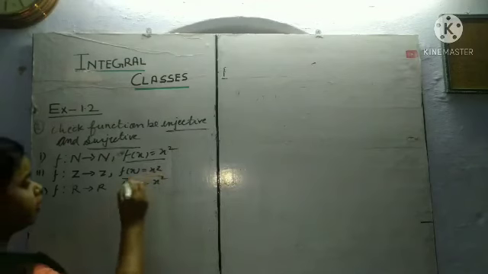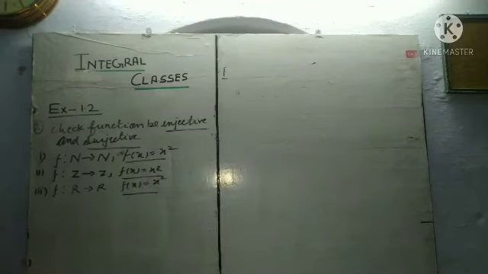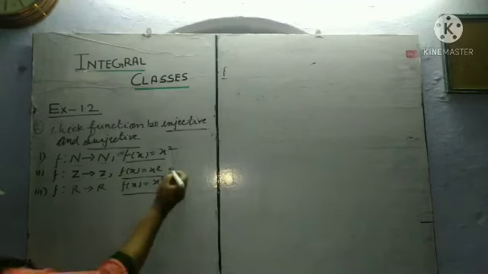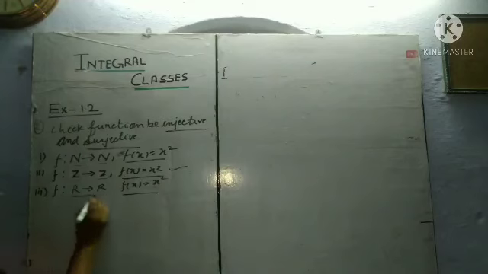The function is the same here, f(x) equals x square, but we must know where the function is defined from and to. It is very important. In question number 1, the function is defined from natural numbers to natural numbers, with f(x) equals x square. In question number 2, the function is defined from Z to Z, meaning integers to integers. It is the same function. And in the third, the function is defined from real numbers to real numbers, also the same.